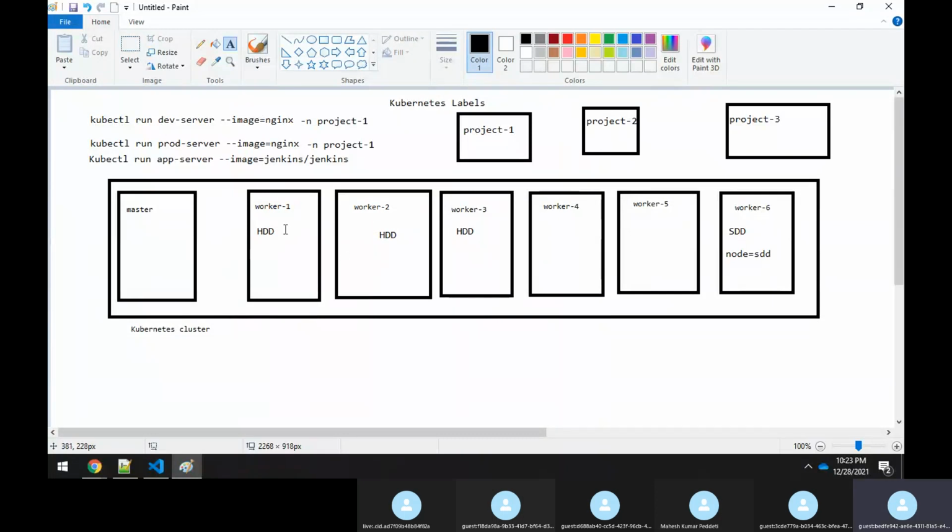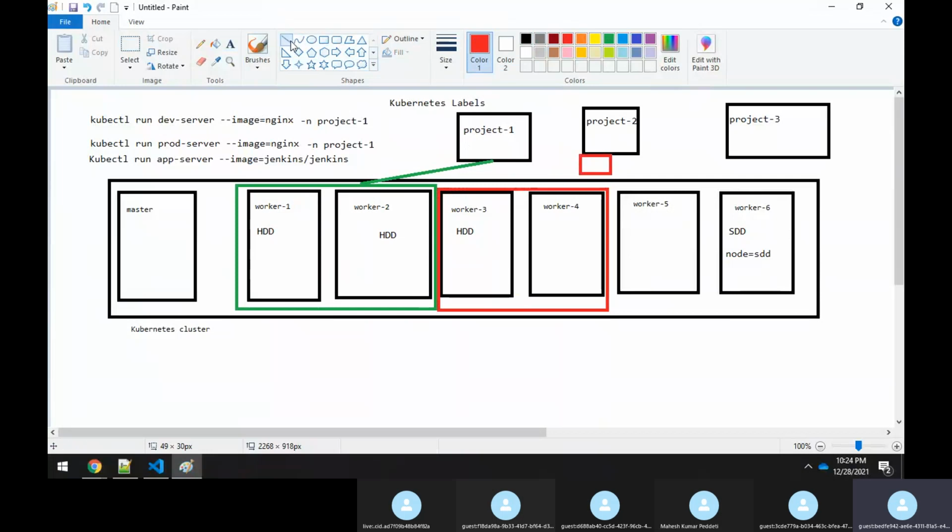So you have enabled the label. You can even bind the label to a namespace. This is very important, sir. You can even bind a label. For example, here I have this one. You say, Rajesh, I will add this to worker 2, and make this bound to the project 1 namespace. Similarly, worker 3 and worker 4 you can bind to this project 2 namespace.